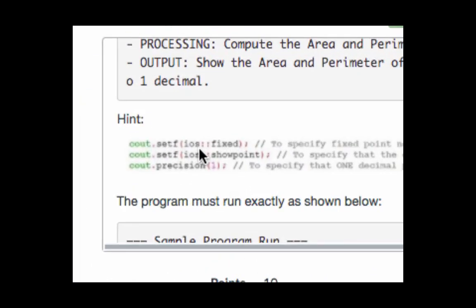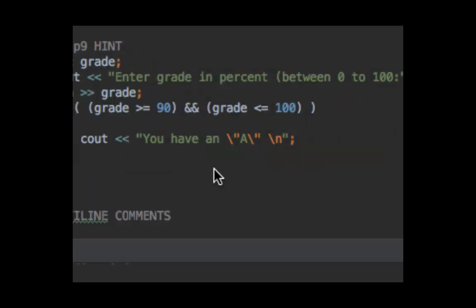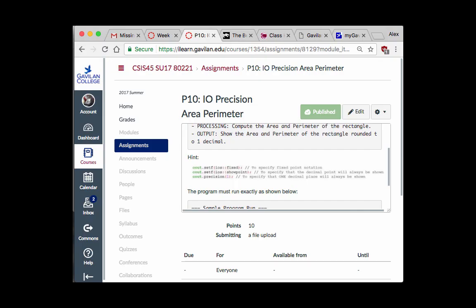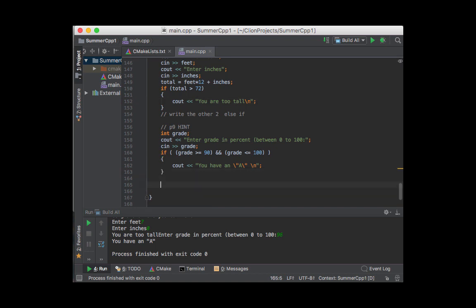There's a setf ios fixed. It will look better on your screen. There's a cout.setf ios show point. You're going to do this one time before you start using the precision. Cout precision right here tells it to round the number to 1 decimal. So I'm going to do a cout precision. Let me just show you. I got it. So cout setf